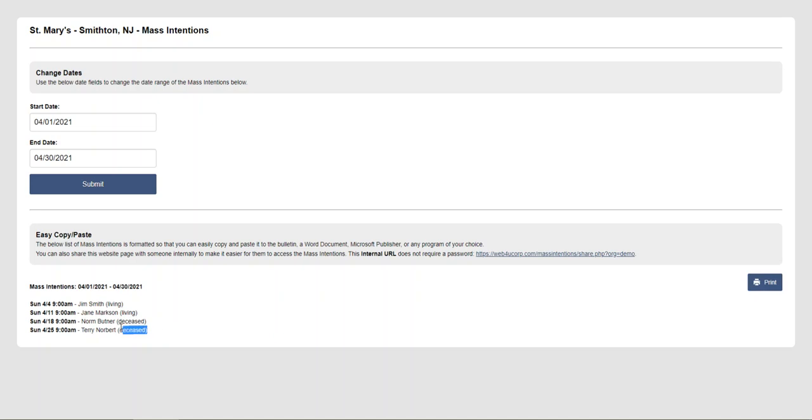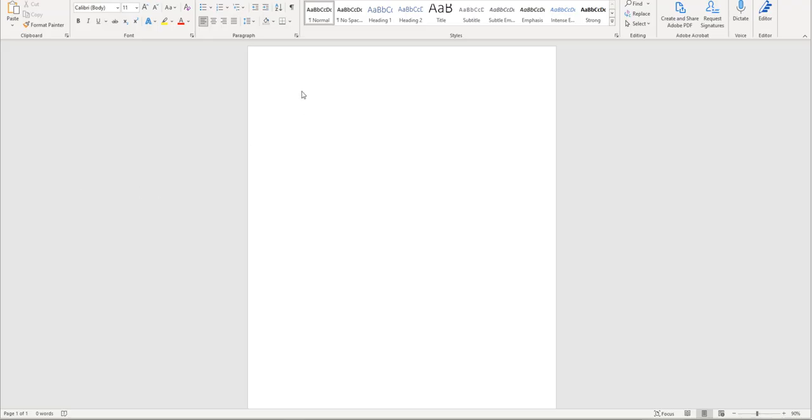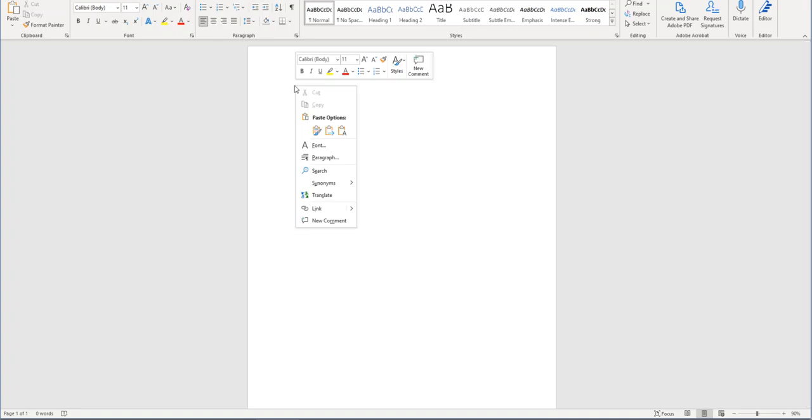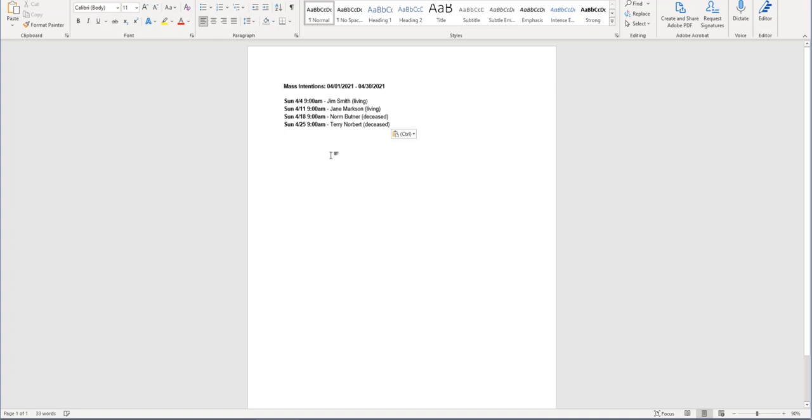Also, we made this very simple so that you could just copy and paste it. So what we had in mind here was the bulletin. So what I'm going to do is copy this and paste it into a Word file just to show you how nicely it copies and pastes. Okay, here's the Word file. So this could be your bulletin or anywhere that you're trying to move this content. And I'm just going to do Control V to paste it, and there it is. Very simple text, no extra formatting added.